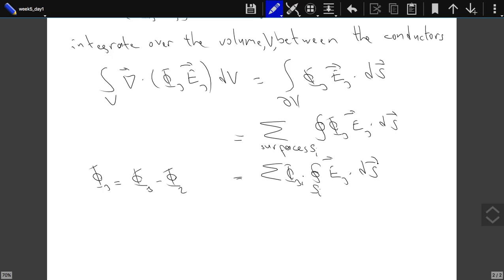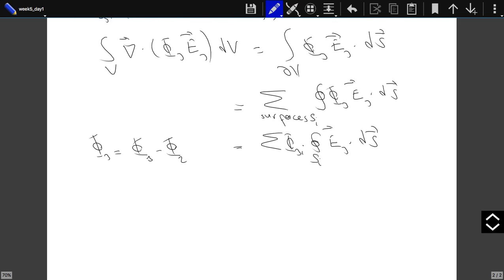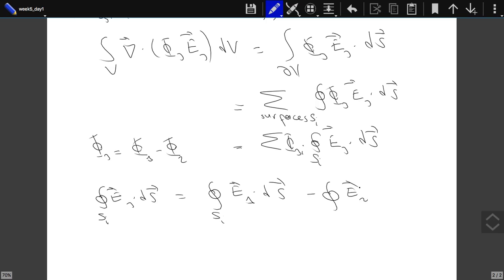Because this integral is over the one surface, and then over the other surface, and then over the other surface, and I'm summing over all these surfaces. So I took it out. What remains? Let's look at what remains. E3 dot ds. We have a closed surface that we called SI. This is equal to the integral over the closed surface of E1, where E1 is the electric field created by the charges, minus E2, the other possible alternative electric field created by the charges,